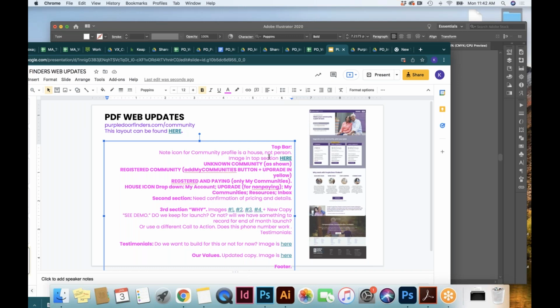Tour request? Inbox is actually a good one. I like inbox because if they're late in paying or something, maybe we could send them a message. It's the place they should go to see what's new, whether we're communicating, whatever the thing is.